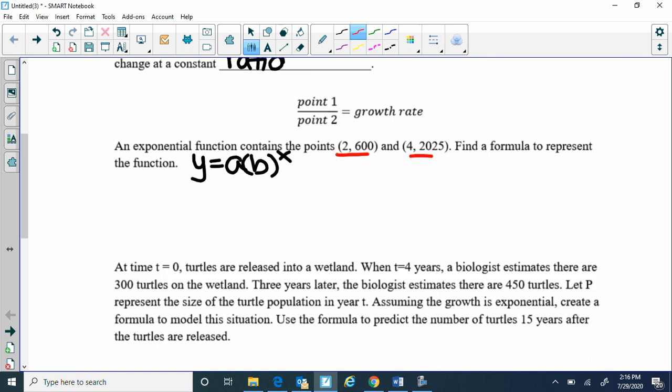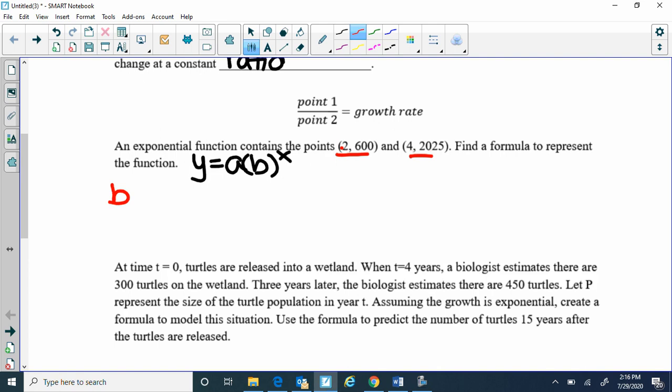These 2 points are not right next to each other. It's not 2 and 3, where we could just say, well, 600 times what gives us 2025? Because the x values don't go together. We skip between 2 and 4. So we need to find the ratio that we're multiplying by each time. In order to do that,